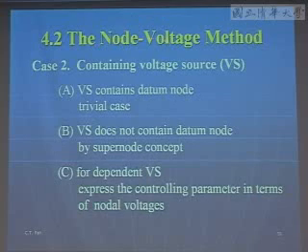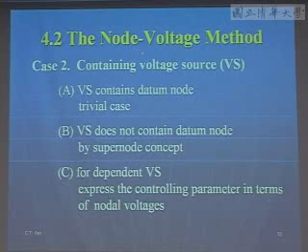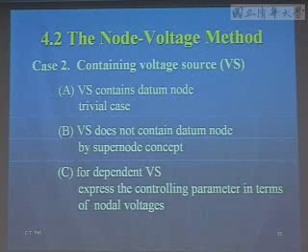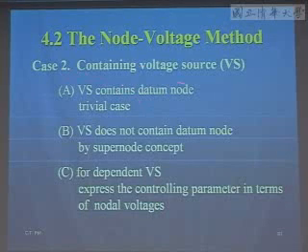And then we consider the second case. Remember, for node voltage method, we have to write the KCL equation, the summation of I_k equal to 0. However, in case 2, the circuit contains a voltage source. For a voltage source, we know only the voltage. We have no idea what the current is. So in case you want to write the KCL equation, you have trouble. 你是写不下去的，因为 voltage source 只有电压，没有电流。